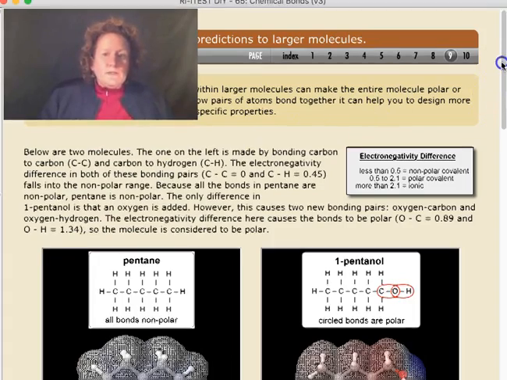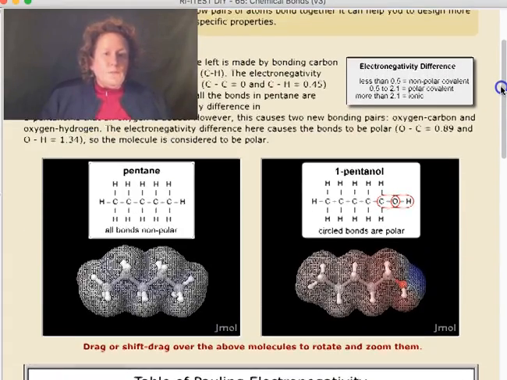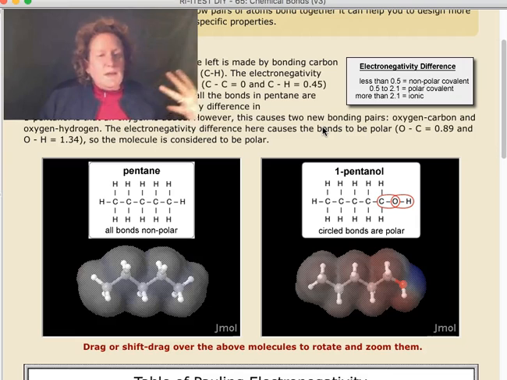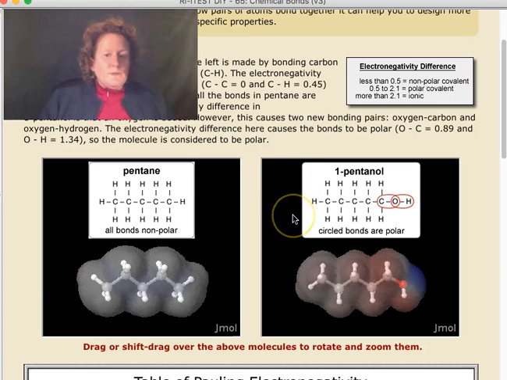Drugs are designed to work within the human body in both polar and nonpolar regions, and so they need to be designed in particular ways, in particular shapes, and those shapes depend on whether they're polar or not. So there's a lot going on in pharmaceutical design,